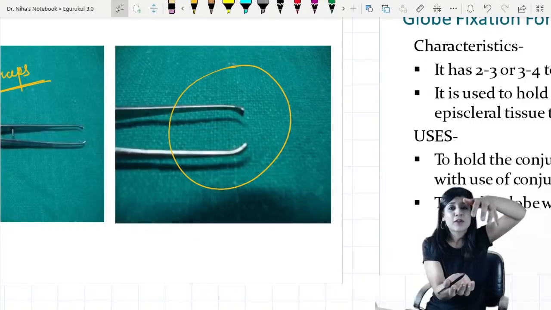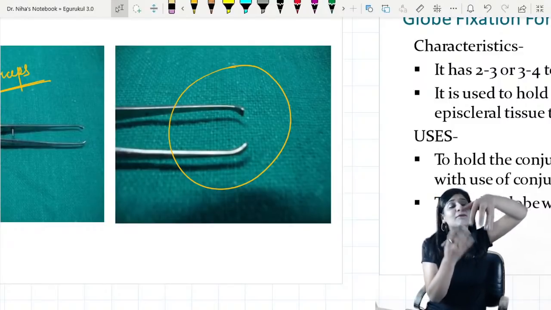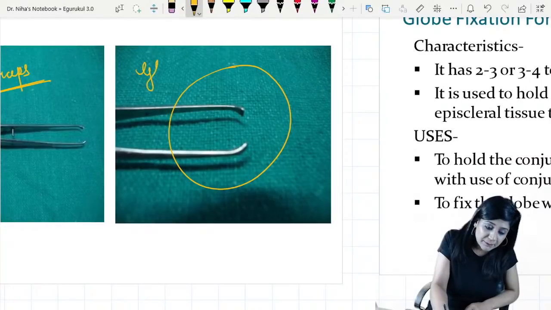Okay, if you have seen on Earth Day also, we have this kind of figure in hands. We are holding the globe. So it is something like that only. It is actually holding the globe, because